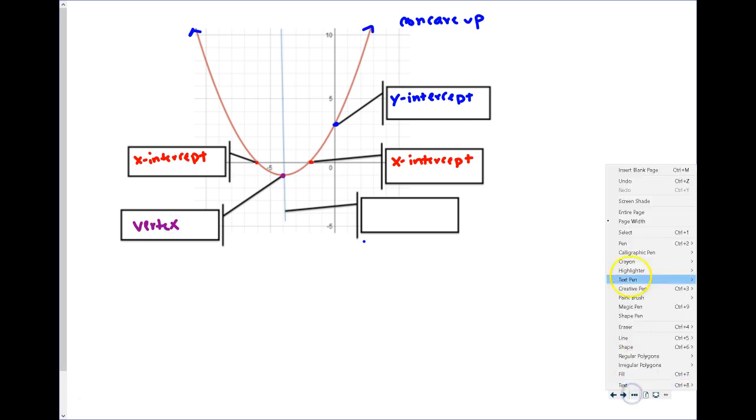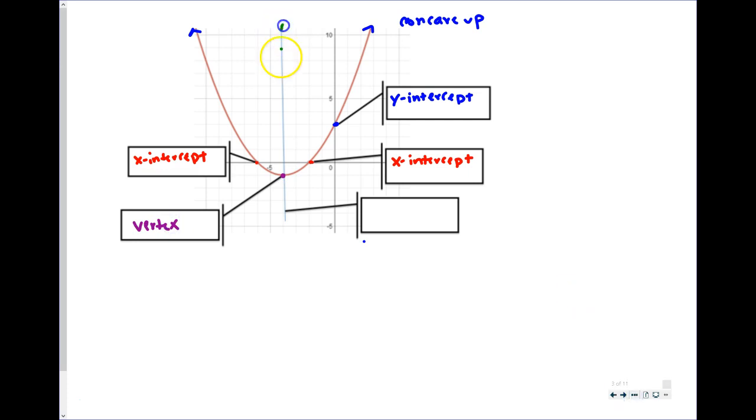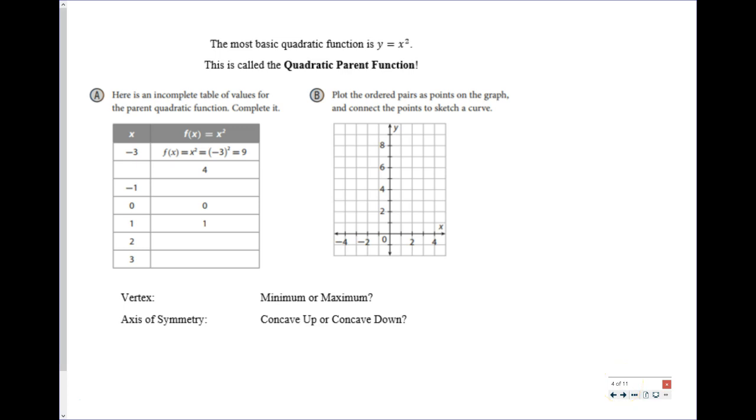And then I've got my axis of symmetry. Again, that axis of symmetry is invisible. I'm drawing it in to show you it's there, but it's not really part of the graph. It's just to help us plot points. Okay? All right, so let's talk about the most basic quadratic function we have, and that's actually y equals x